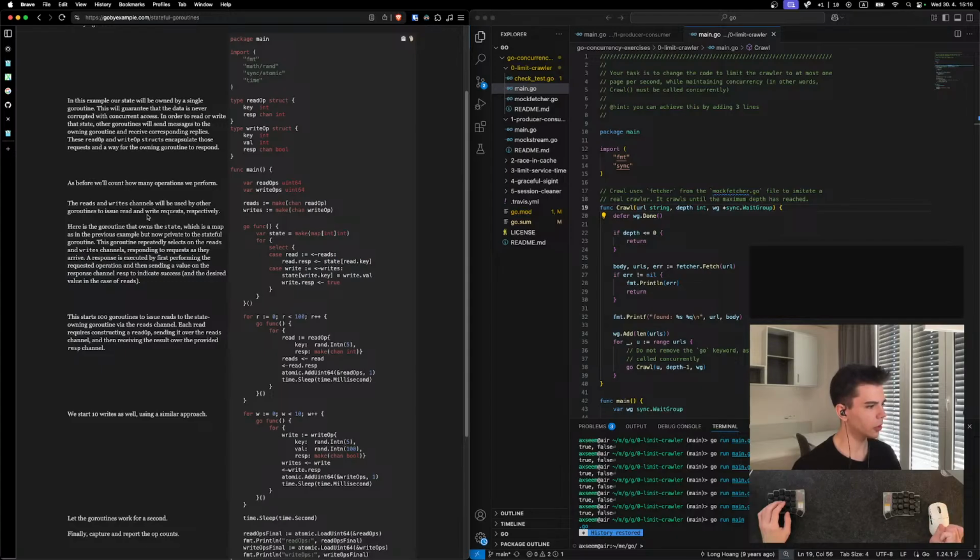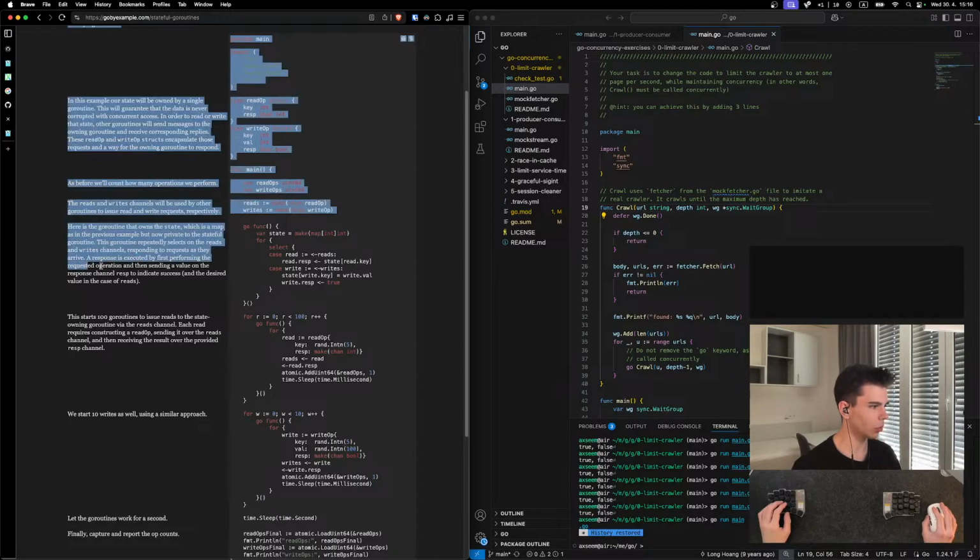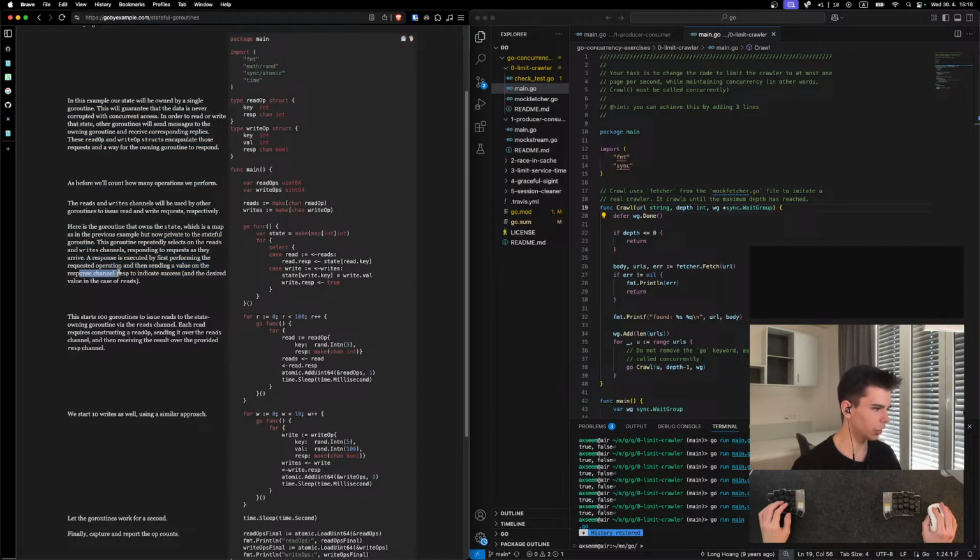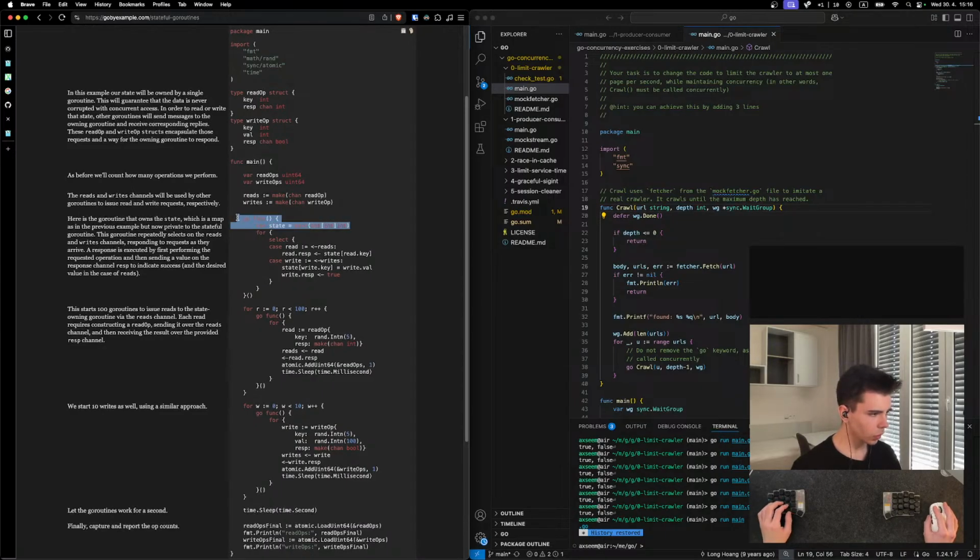A response is executed by first performing the requested operation and then sending a value on the response channel resp to indicate success, and the desired value in the case of reads. So we have a map with key int and value int, loop, select. If we read, we are setting a response with the value. If we write,